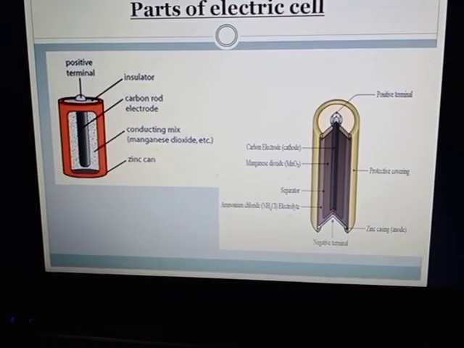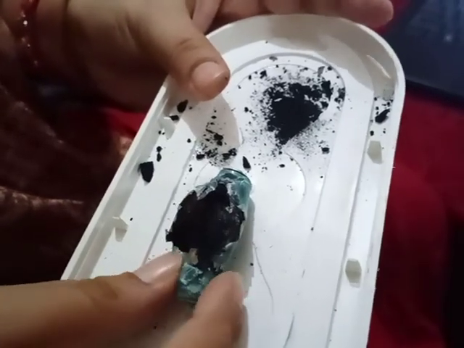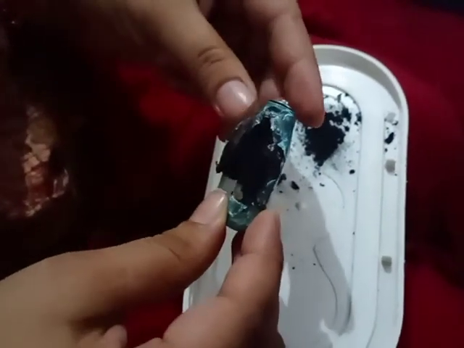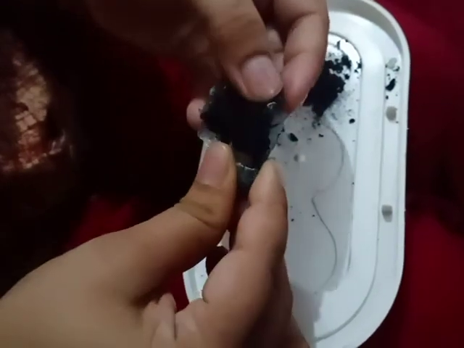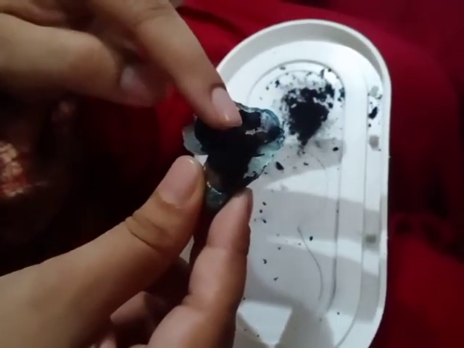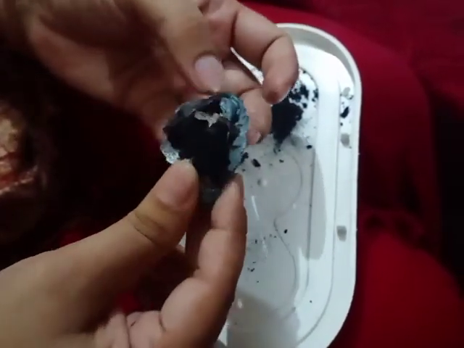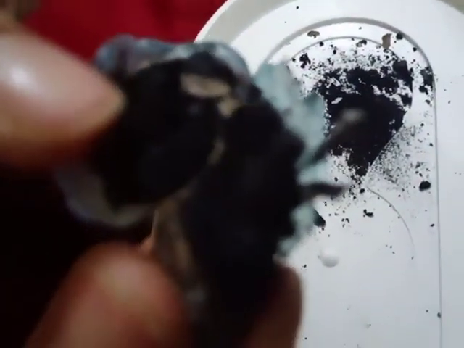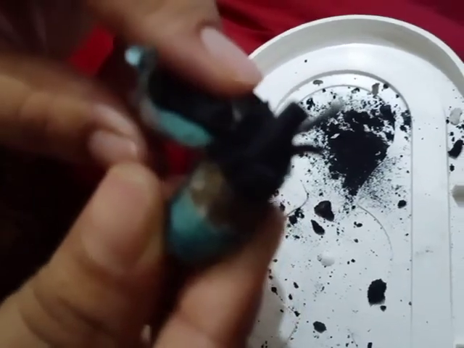Now I will show you the internal structure of the cell. I have broken this cell to show you. So this is a carbon rod inside it. This carbon rod is the positive terminal, and it is connected to this. Okay, so it has broken. So it is a positive terminal, or the carbon rod. Are you able to see? This is the carbon rod,